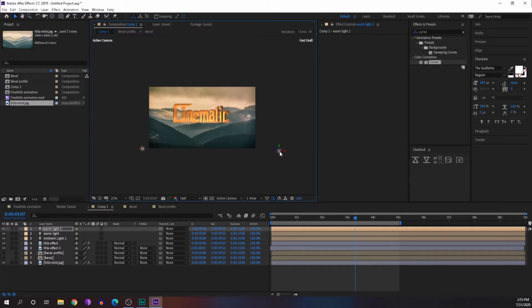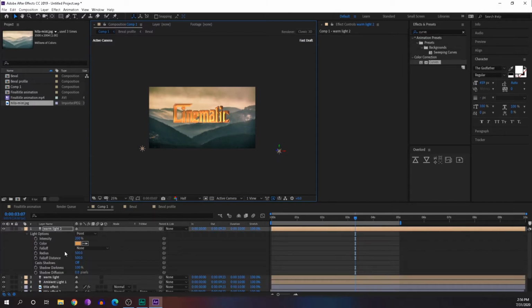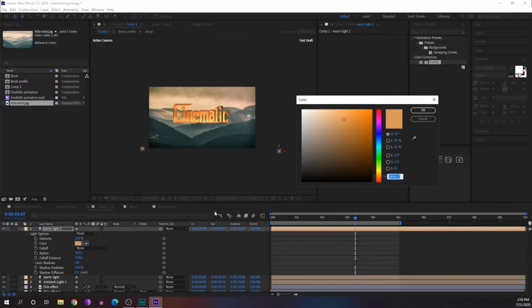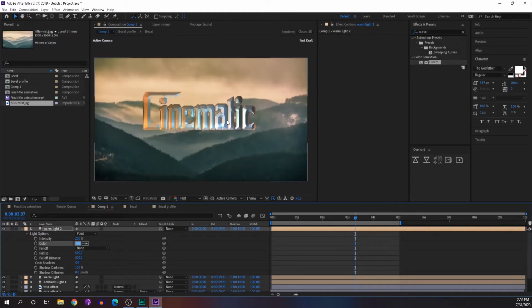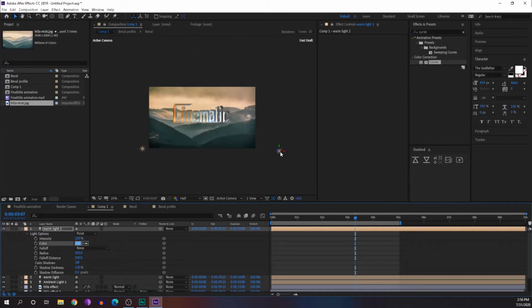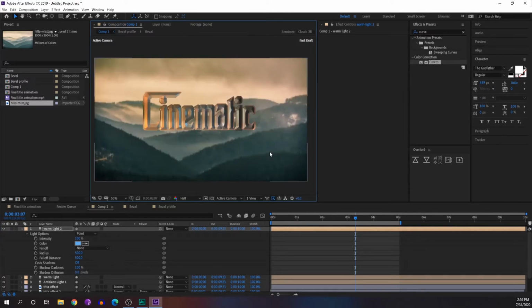I'll press AA on the keyboard so I get all the light properties. Here I'll change it into a cool color, maybe a light blue. As you can see, now we have a different color, and I will change the position of that light, maybe drop the intensity to 100.